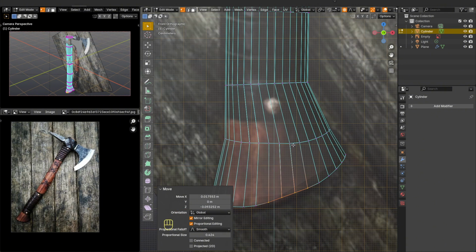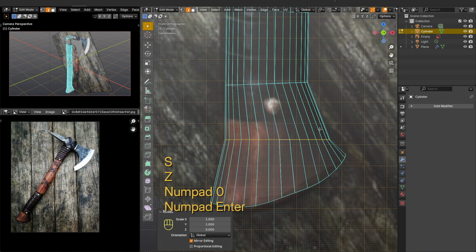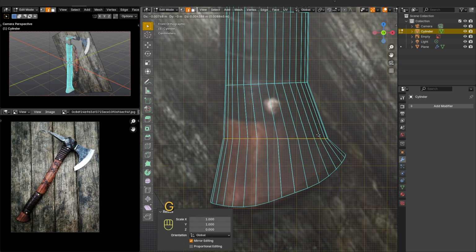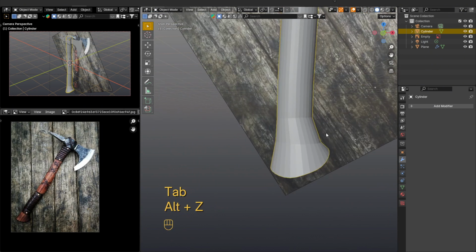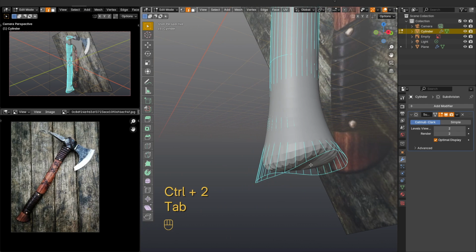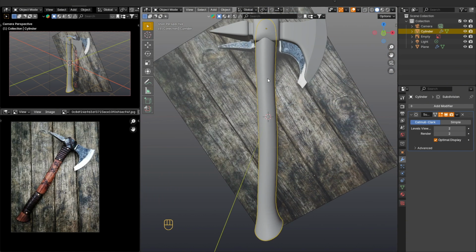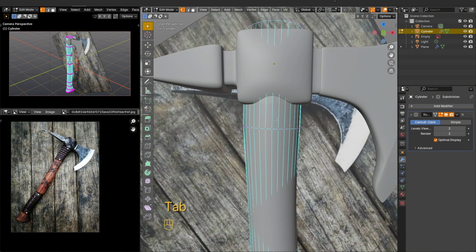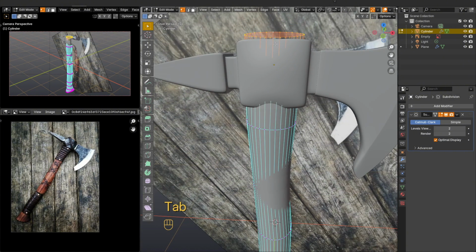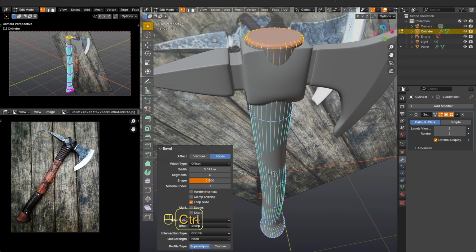And when we have finished working with the location of the vertices, we can use the subdivision surface modifier. After which we see that we need to add a bevel to the very bottom face. We also need to work on the top of the handle. We need to add a bevel to the very top face and also adjust the size of the top part so that everything is clear, the parts touch correctly, and the handle slightly protrudes from the metal part of the axe.